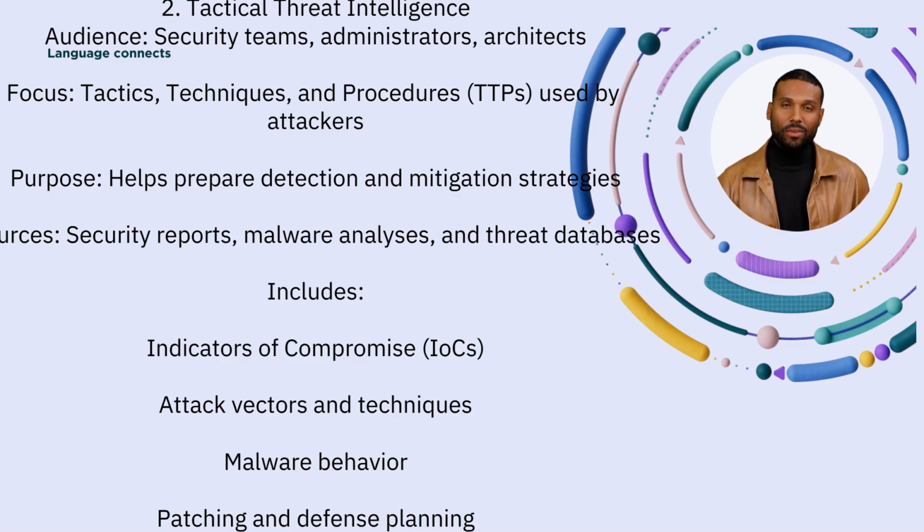2. Tactical Threat Intelligence. Audience: Security teams, administrators, architects. Focus: Tactics, techniques, and procedures, TTPs, used by attackers. Purpose: Helps prepare detection and mitigation strategies. Sources: Security reports, malware analyses, and threat databases. Includes indicators of compromise, IOCs, attack vectors and techniques, malware behavior, patching